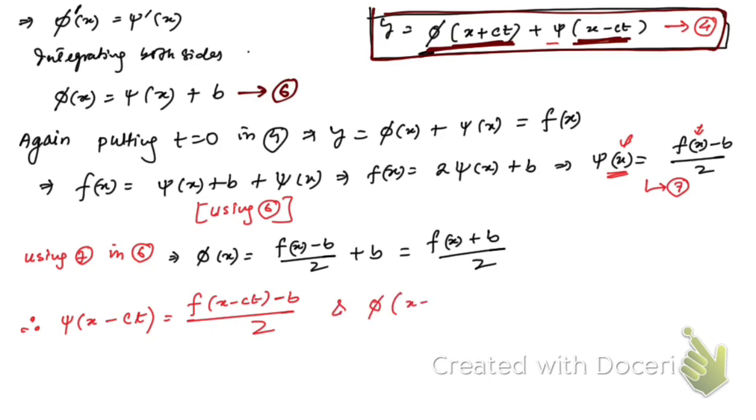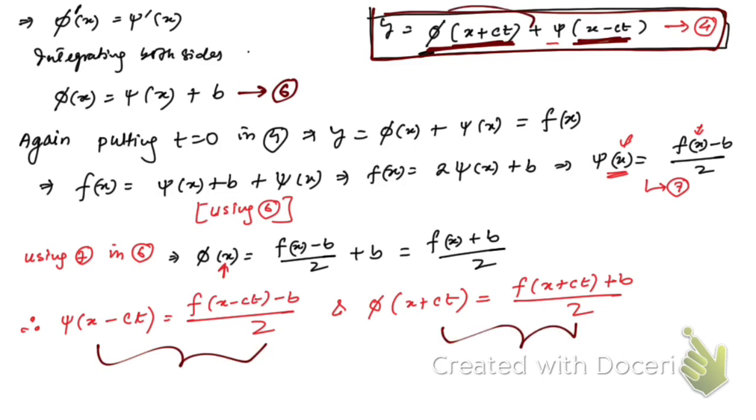phi of x plus ct, as we have x plus ct here, you can see in equation number 4. So phi of x plus ct, now replace this x by x plus ct and replace this x by x plus ct. So then our result is going to be equal to f of x plus ct plus b, sorry, not minus b, plus b. Here we have plus b divided by 2. That's what we have got. Now let us use these two here. So then equation number 4 implies